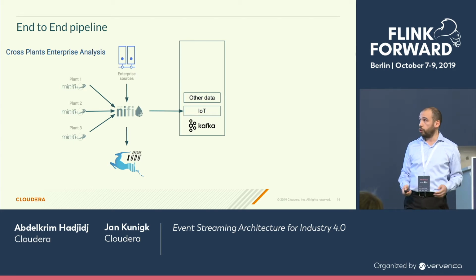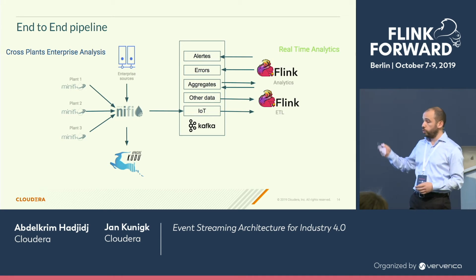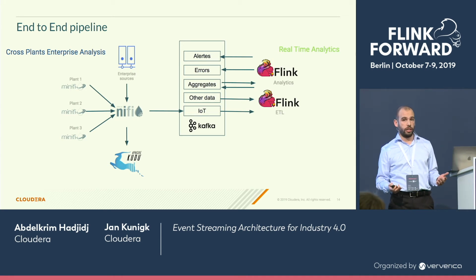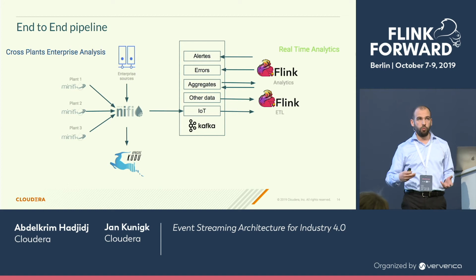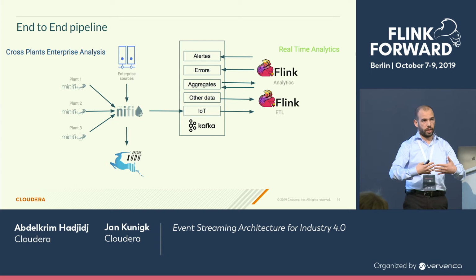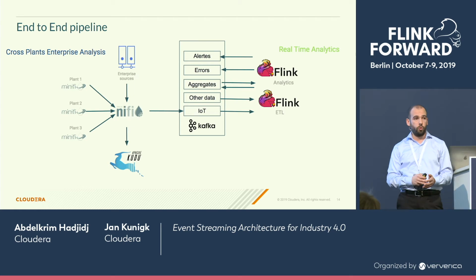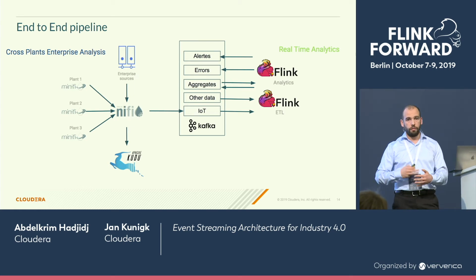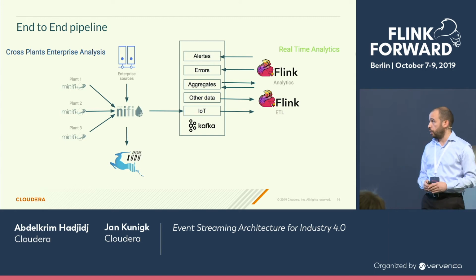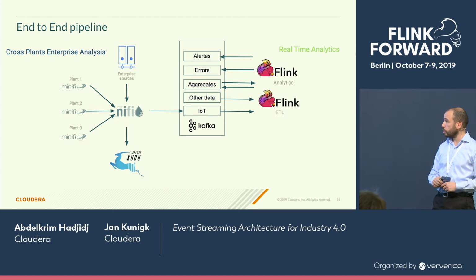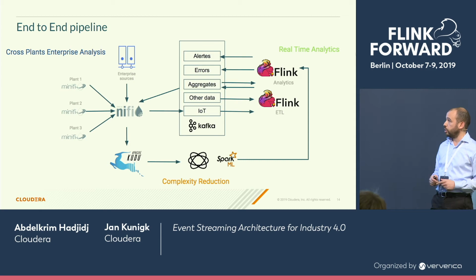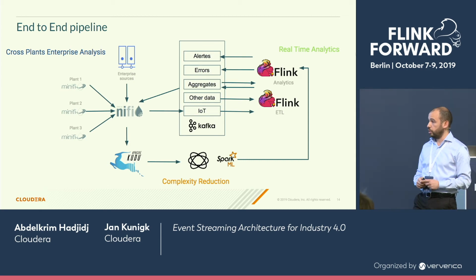Then this is the work of Flink, doing the processing, so we can do it for ETL. One of the challenges here is that we are receiving data from different time zones or origins, and event time is really important. So before being able to do any kind of processing, we need to bring all these events into the same time and merge them. Then we can start doing the analytics, which can be some aggregation, filtering, and comparing to different thresholds. Then we'll have our Spark and machine learning that can be used to reduce the complexity. And I will